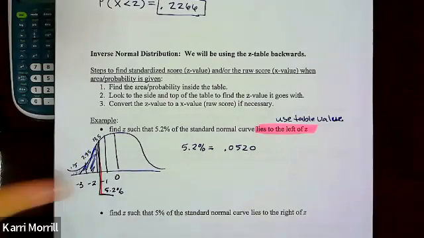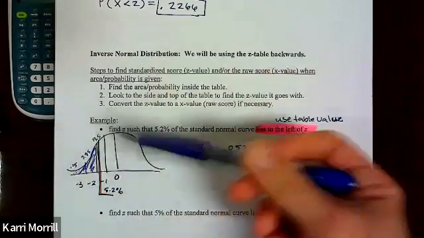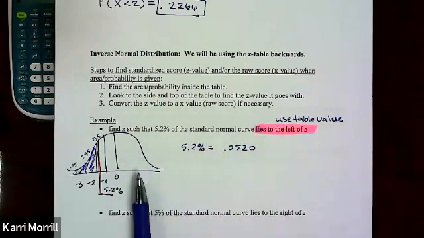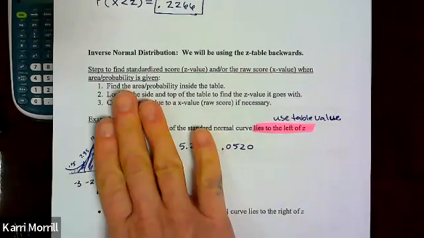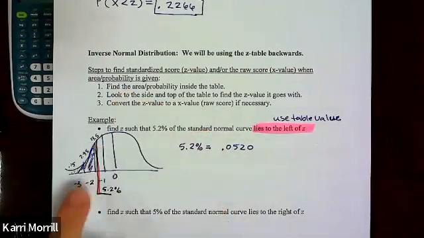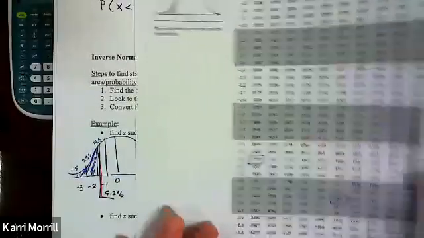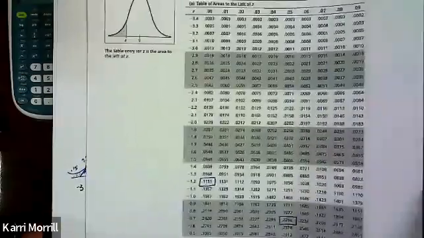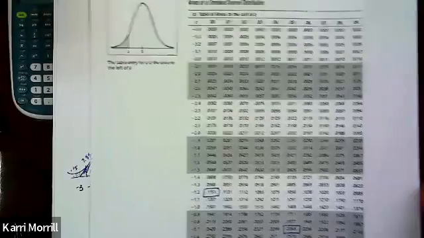And it's in the negatives. So the reason I wanted to draw that is because you're going to be looking at your negative z-score table because it's to the left of that. And 5.2% of the area, what we learned about when we added them together, would be over here. So we know we're in the negative z's. So negative, and it's somewhere between -2 and -1 to find those values. So we're looking at